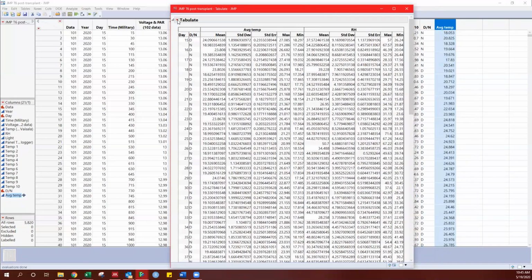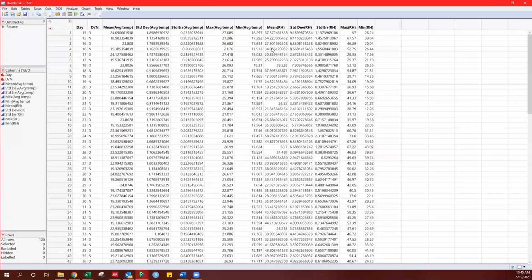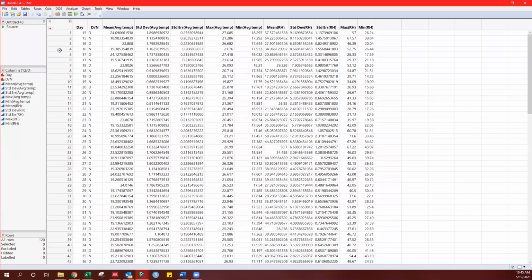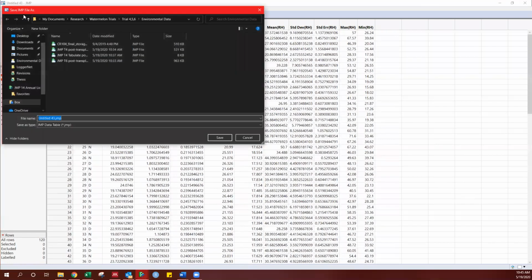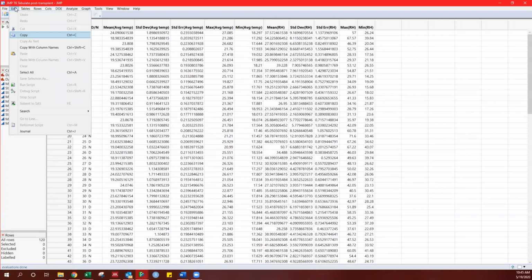Done. And then making a data table. Now I have all those values from Tabulate all in one data table. Go ahead and save that. I have all the values that I need. And so then you can easily copy and paste this to a